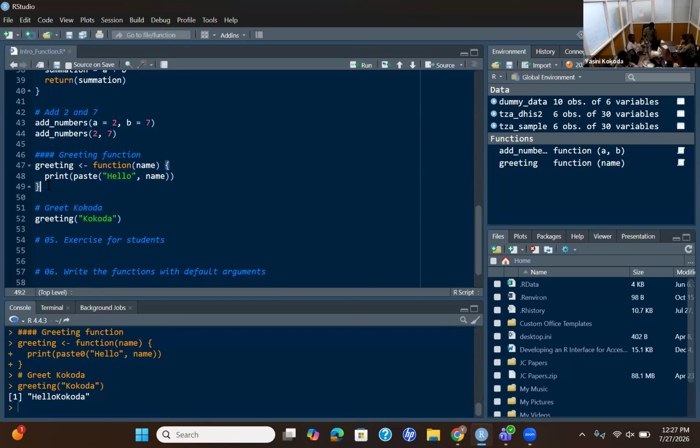So you can use paste without the zero, because that one, I guess, has a space by default. If you modify something in the function to change the behavior, you need to rerun it so that it's updated in memory. So if you call again hello Kokoda, you can see now it is well spaced.